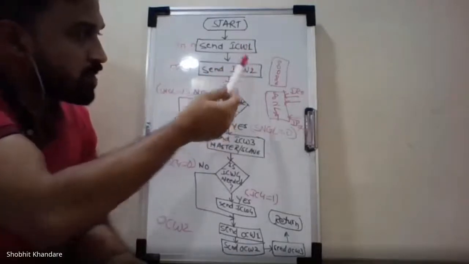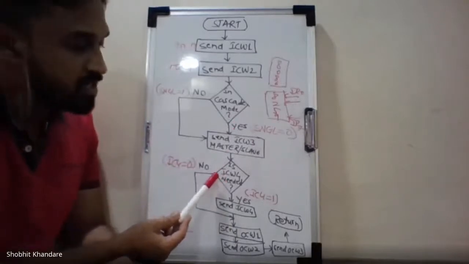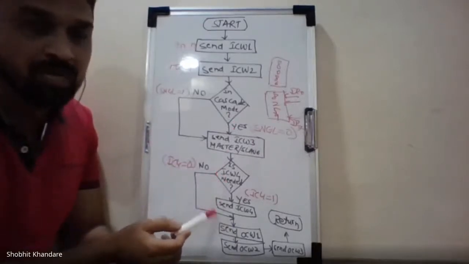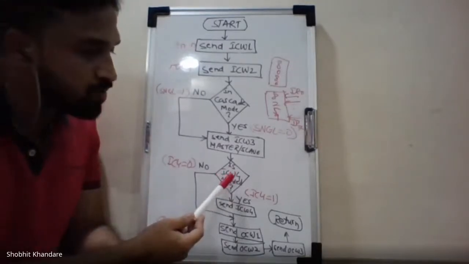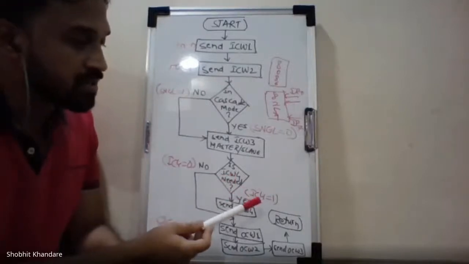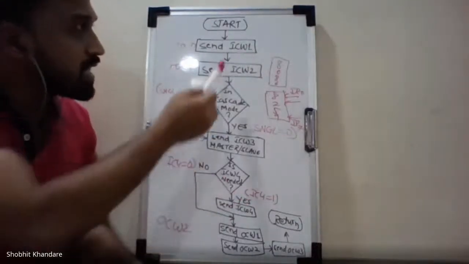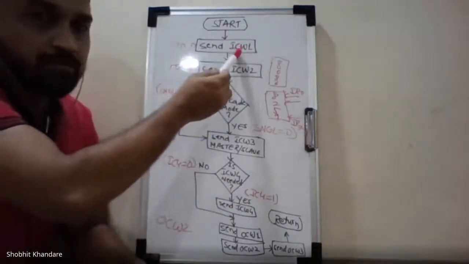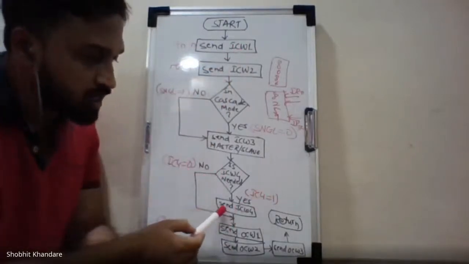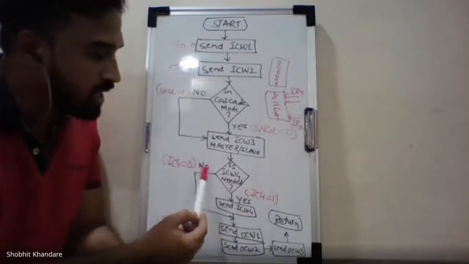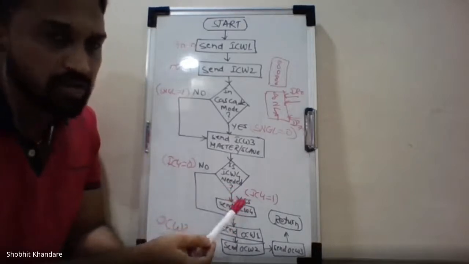ICW1 भेजा, ICW2 भेजा, ICW3 भेजा, ICW4 बाकी है. ICW4 के बाद आपके OCW के नंबर लगेंगे. तो वो ICW4 is ICW4 needed? ICW4 चाहिए क्या? Yes, अगर IC4 इसमें 1 है तो चाहिए. नहीं चाहिए अगर IC4 यहाँ पे ICW1 में 0 है. अगर चाहिए तो send ICW4, अगर नहीं चाहिए तो do not send. So do not send means we are not going to send ICW4.